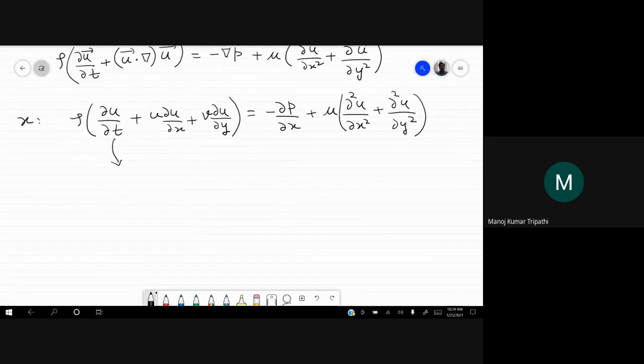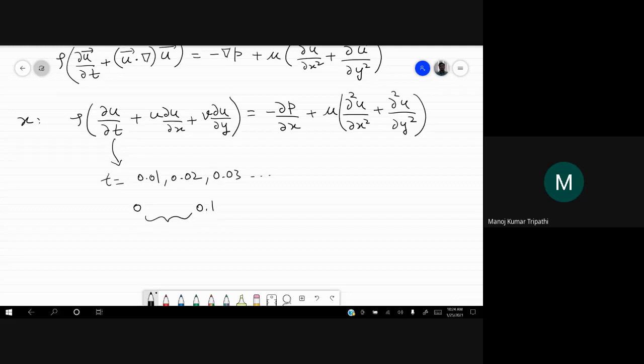If we are solving this equation on a computer, then time also we need to discretize. We cannot solve at each and every point in time. So we need to say that, let's say we want the solution at time t equal to 0.01, then we want the solution at time t equal to 0.02, 0.03, and so on. We cannot solve for every time, because then you will have to solve infinitely many equations, even if you want to go from time t equal to 0 to 0.1, because there are infinite number of points in between.